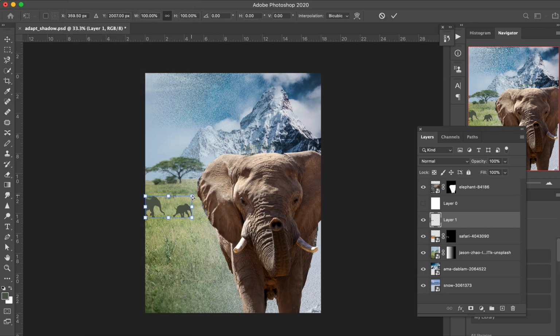So what you need to do is imagine that the light is coming from this direction, then the shadow would be down here, right? You obviously can grab these points and get the shadow to be fairly flat. Remember, it has to be subtle. It cannot be something that takes a whole lot of attention. Don't move this bottom line too much because it's where the feet of the elephants are, and the shadow generally